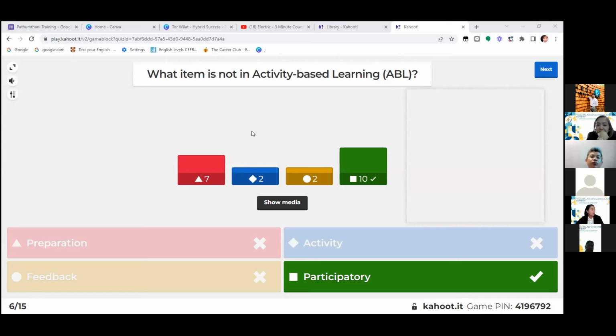Great job. We have feedback at the end of the stage. Participatory is something we do in activity-based learning, but it's not a stage, right?